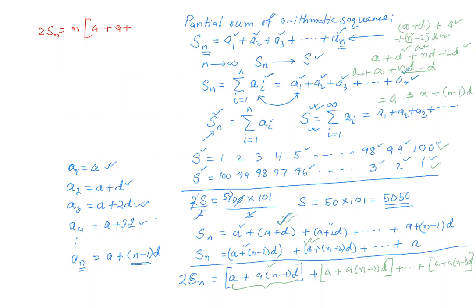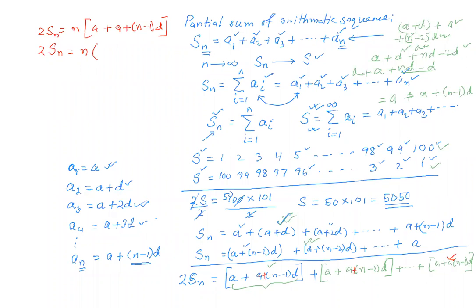Sorry, I made a slight mistake here. This is a plus, my bad. I did it right here: A plus (n minus 1) times d. If you do that, you're going to get 2 times Sn is equal to n times